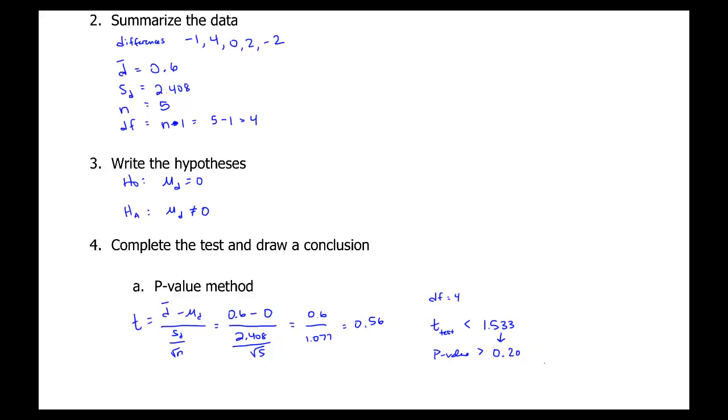In this problem, alpha is 0.05. So our p-value is definitely greater than alpha, which means we fail to reject the null hypothesis. And the null hypothesis was that the mean of the differences is 0. So we can say there is no